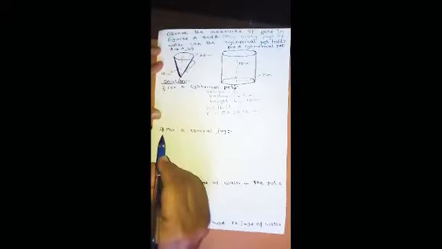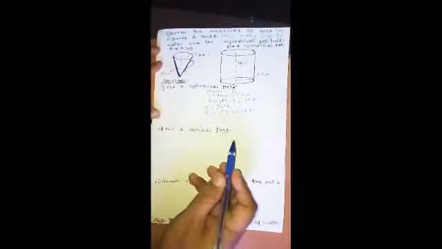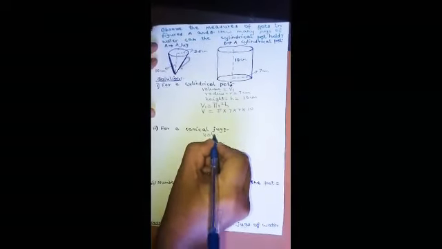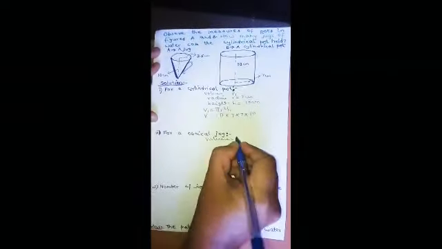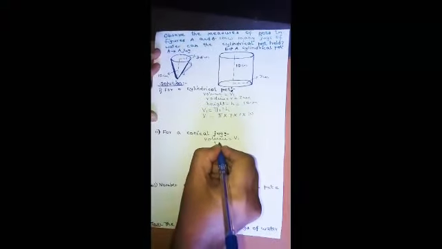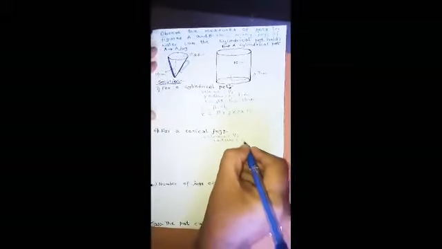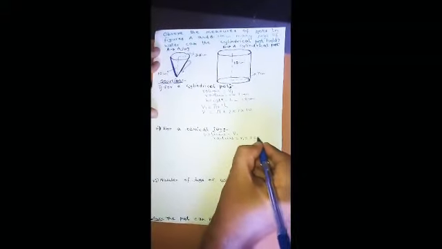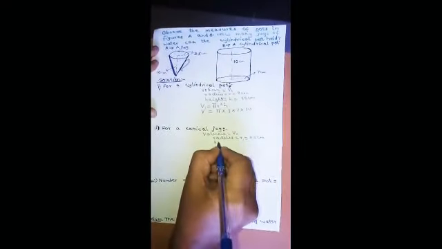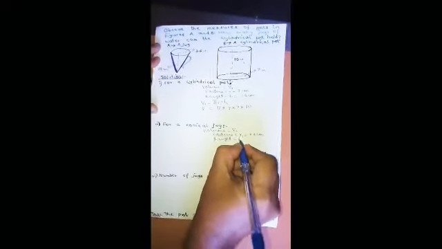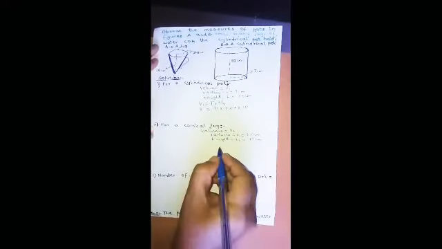Now in the second step, for this conical jug, in the same way we will write all the values. Volume equals V2, radius, we will not take it as R now, we will take it as R1. This radius equals 3.5 centimeters. Similarly, height, we will not take it as H, we will take it as H1. So that is given as 10 centimeters.